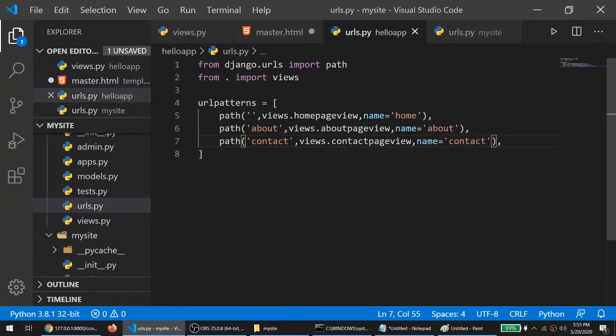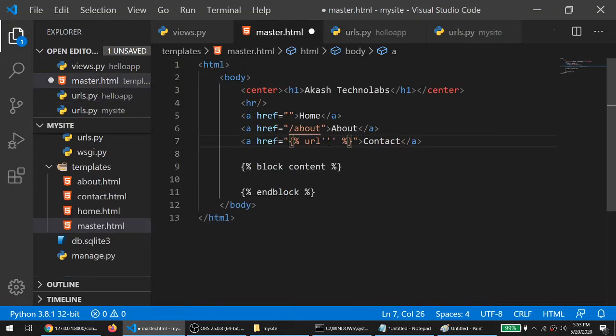Here you can see if I want to call my contact page, the name will be contact, right? So what I have to do here, I have to specify the name of my URL. So it is contact. You can use both the methods. You can simply specify the direct URL like this, or you can use a template method, that is url.